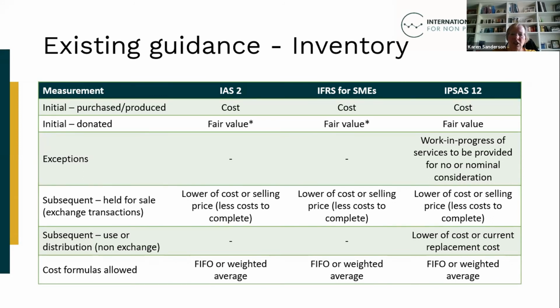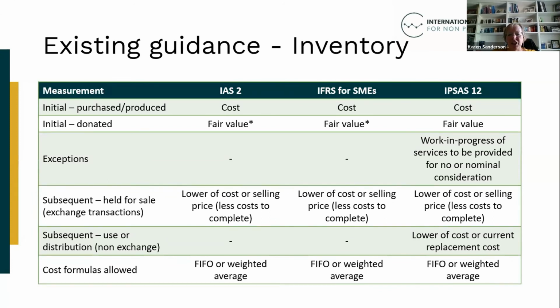In some jurisdictions, it is measured at the lower of cost when impaired for any loss of service potential and replacement costs. And in another jurisdiction, it's measured at the lower of cost and current replacement cost. The work that we've done suggests that in practice, they might not have substantially different outcomes, but the loss of service potential does come out in one of these frameworks.